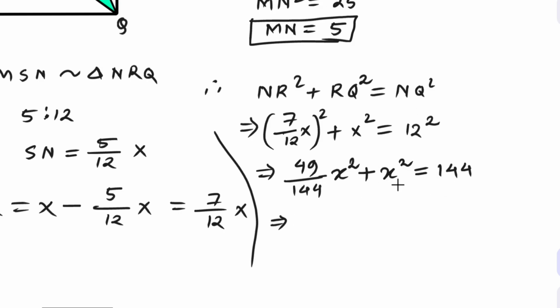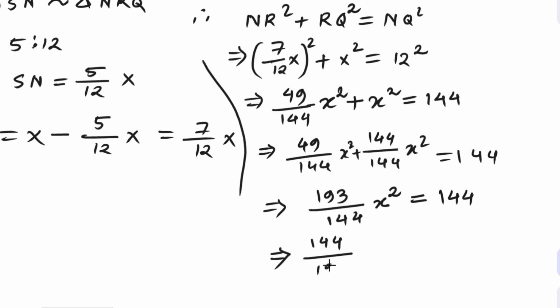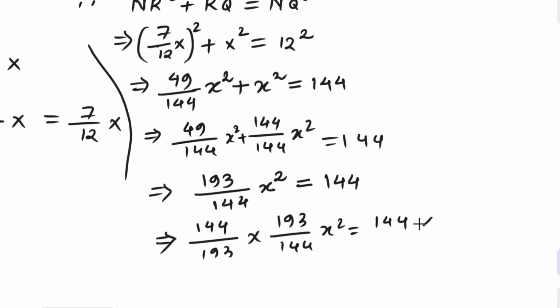Now notice, X squared by itself is the same as 144 over 144 X squared. So combining our two terms on the left gives us 49 over 144 plus 144 over 144, which is 193 over 144. All multiplied by X squared, and that equals 144. To solve for X squared, we multiply both sides by 144 and divide by 193. On the right side, 144 multiplied by 144 gives us